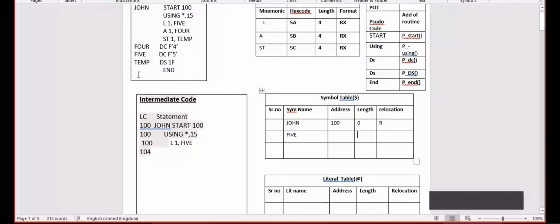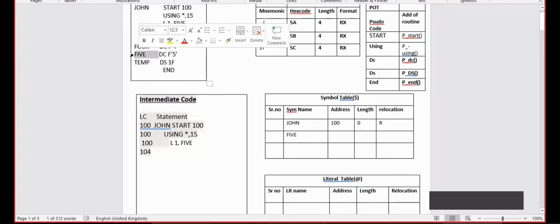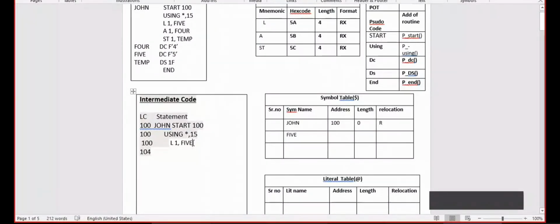See here, 5 is here. When we calculate this code, at that time we will get the address of this 5. So after L, instead of 5, we have to write down the address of this particular symbol, that we will decide later. Here the symbol is denoted by a dollar sign, and the serial number for this is 2. So I am writing $2 instead of the address. When we get this address, I will write the address.